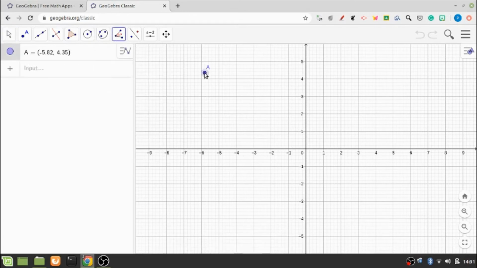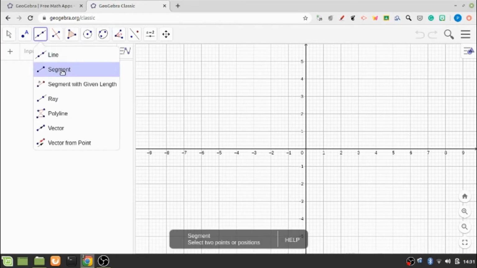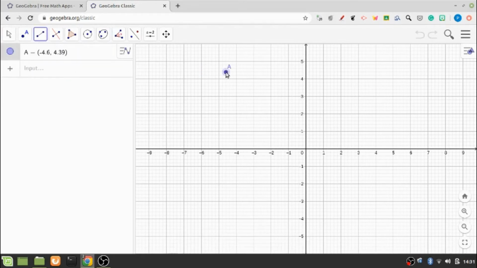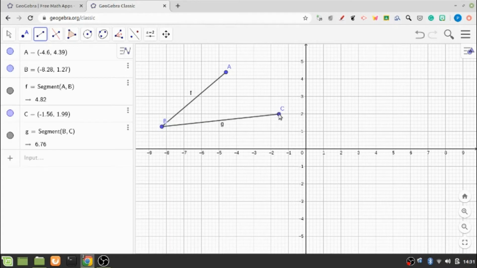So let us say I want this point A, and let me try this segment. So let us say take this second point, and then I take a third point, and then I take this. I can also go to the polygon tool to explore this, but here also you will get to know what is the function of this angle bisector.